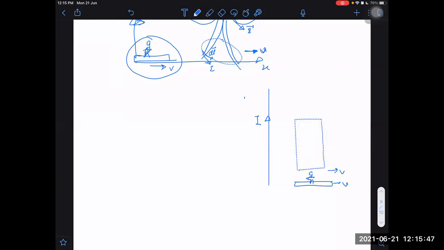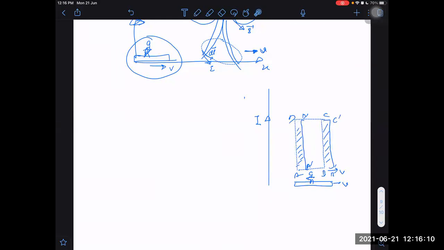Why will there be a rate of change of magnetic flux? The reason is, let us say it is the ABCD loop. In the ABCD loop, B will go to B dash, C will go to C dash. There will be extra magnetic flux coming here, and similarly, some flux will be reduced. At which place will it be reduced? A will go to A dash and D will go to D dash. This side the flux will be subtracted, the other side it will be added up.